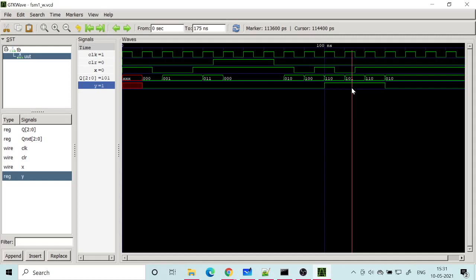So y will continue to remain 1. Again x is going to 1, and therefore it is again 101. So you see that it is S6. So 101 means S6, 010 means S5. And then not a particular combination we are obtaining, so it goes to 0.